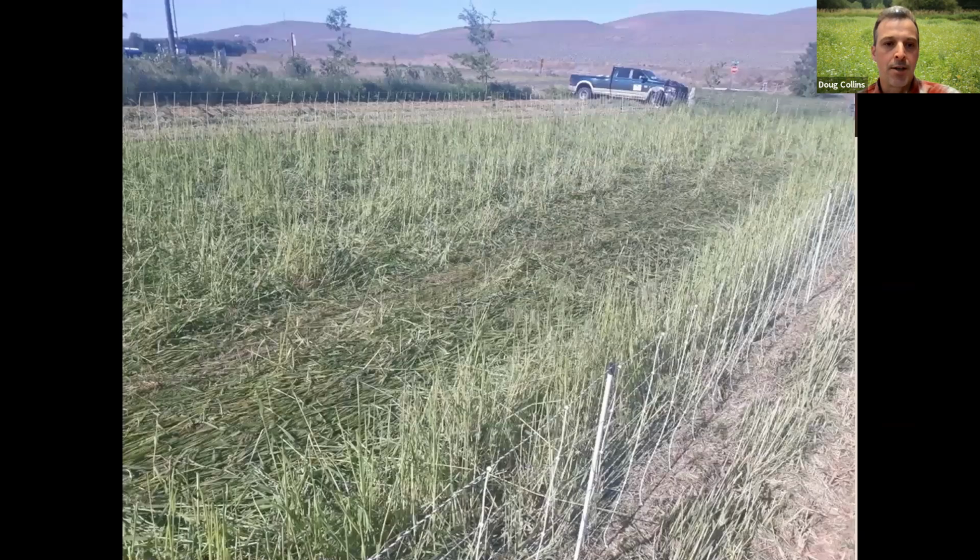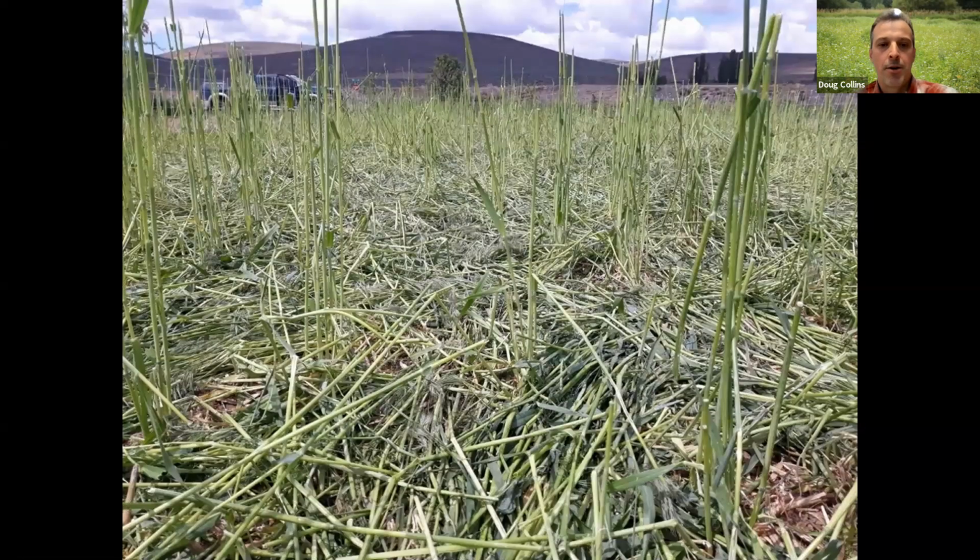So they weren't necessarily able to eat it as much as they were just kind of trampling it along. And then another lesson learned from this research is we were trying to get replications in there. So we had very narrow corridors, and that didn't work as well. The goats were kind of forced to walk all over it a little bit more than they were grazing on it. So this was just kind of a demonstration, trying to learn a little bit about animal integration into these